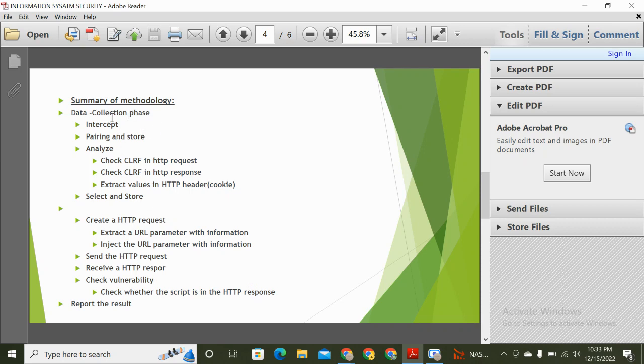Summary of methodology: at first, the data collection phase: intercept, parse, and store. Analyze: check CRLF in the HTTP request, check CRLF in the HTTP response, extract values in the HTTP header such as cookies, select and store. Then create an HTTP request, extract a URL parameter with information, inject the URL parameter with information, send the HTTP request, receive the HTTP